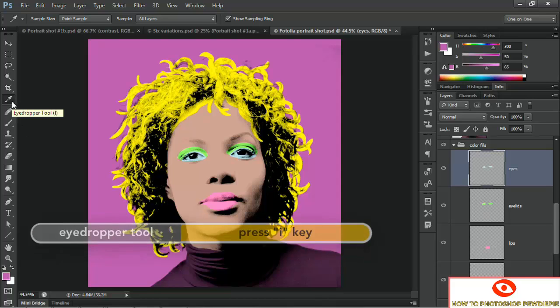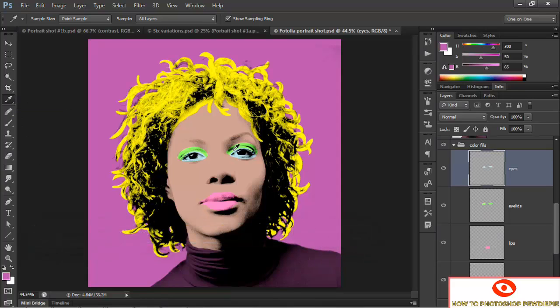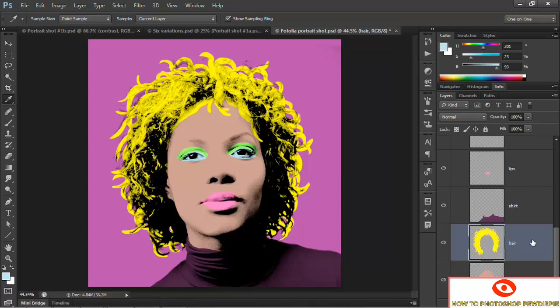You can also get to it from the toolbox. Now, by default, you're going to lift the merged version of a color, which means you may not get the pure color of the eyes, depending on where you click. So go up to the control panel and change the sample option to current layer. And then you can click anywhere inside the eye, even in the pupil, in order to lift that shade of blue. Then go ahead and scroll down the list to the hair layer, click on it to make it active,